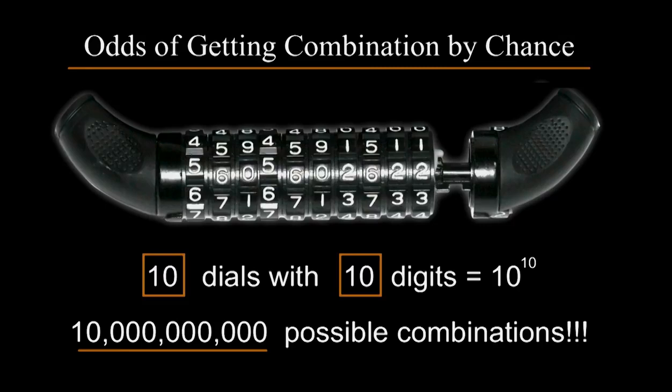So for a 10-dial lock, you actually have 10 to the 10 possible combinations, or 10 billion combinations. So even in a full 24-hour period, the thief is only going to be able to sample a very tiny fraction of that total 10 billion. So in that case, it's overwhelmingly more likely that a random search will fail to find the meaningful combination